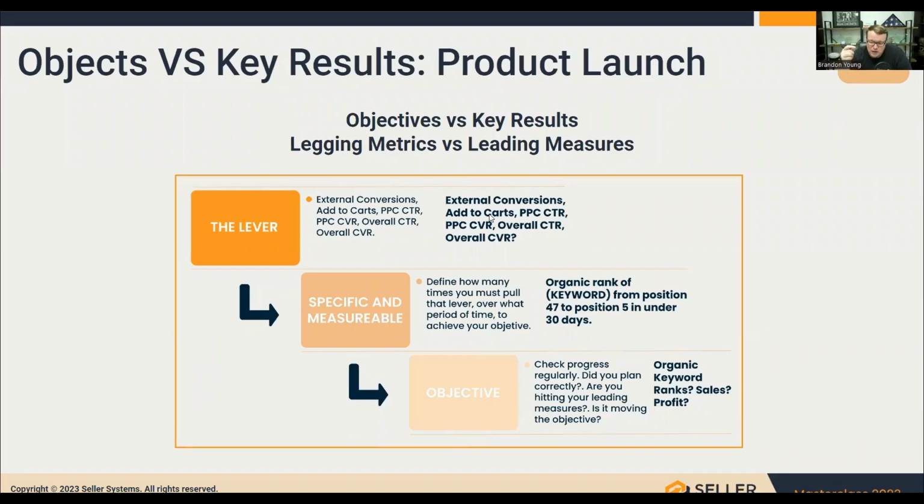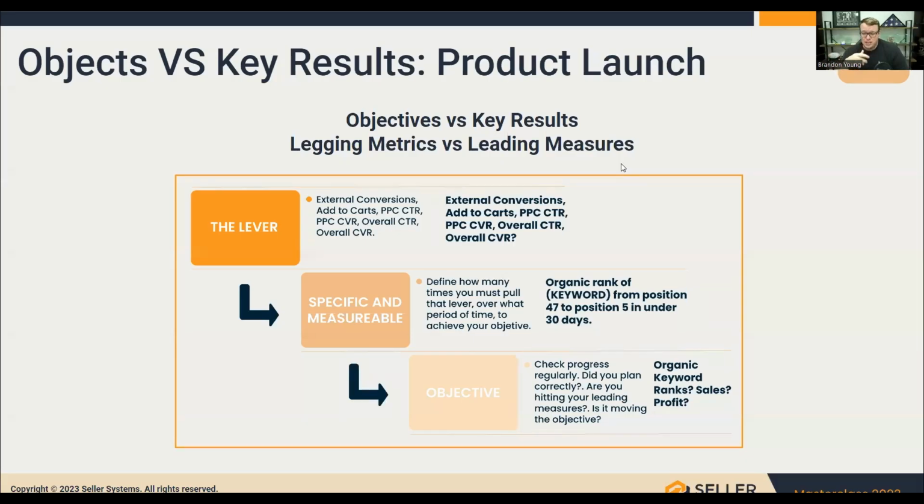So what are the specific and measurable actions you can take for each of those levers? The first thing you need to do is figure out realistically, what is my specific target, my specific objective? Let me give you an example, and you need to be specific and measurable. So I want to bring my PPC conversion rate from 10 to 14% within the next 30 days. Great. I have a specific and measurable objective, and I have timeliness in it as well. So within 30 days, how am I going to do that?